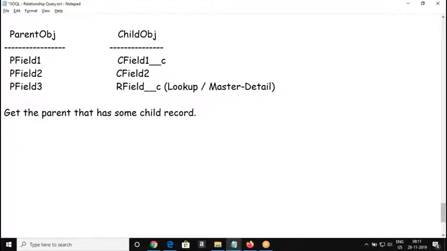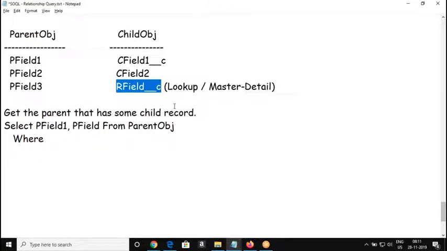Okay, so what is the syntax here? The parent field, am I right? Parent field from parent object. How are the two objects related to each other? Relationship field. So we are going to build this query where whenever the parent has a child, then the field is going to have some value. Am I right? Whenever the parent has a child,